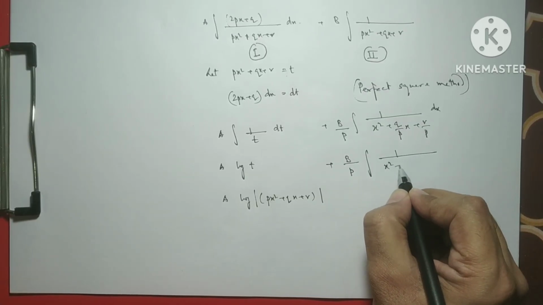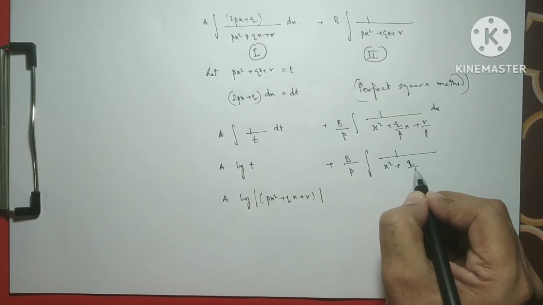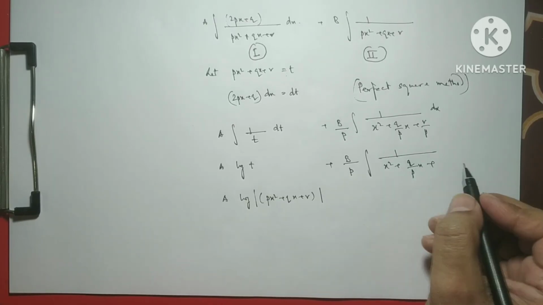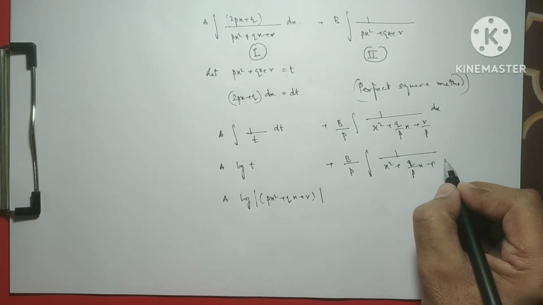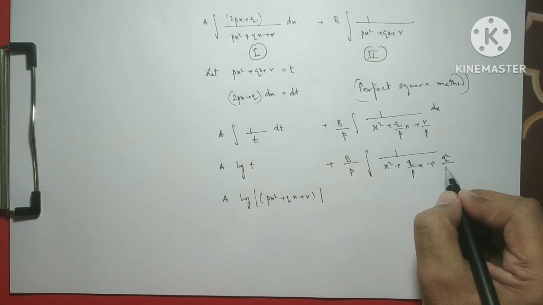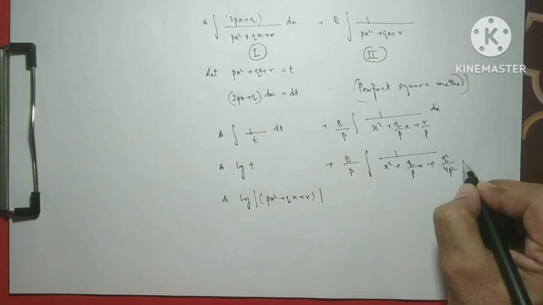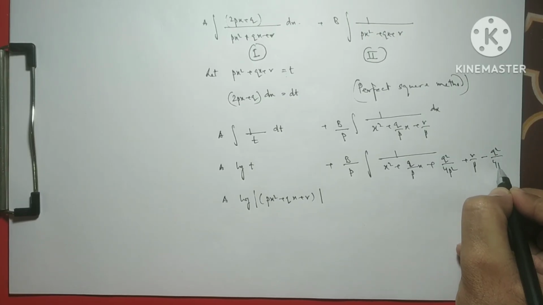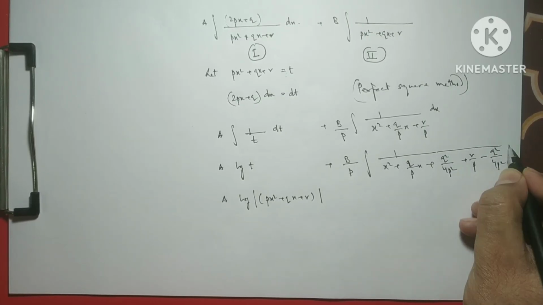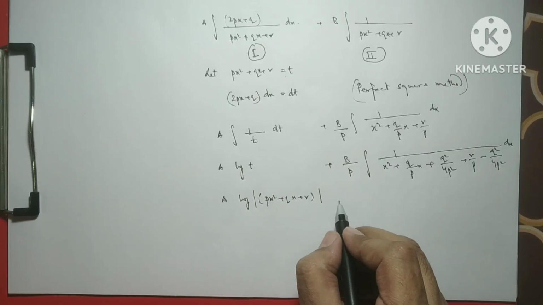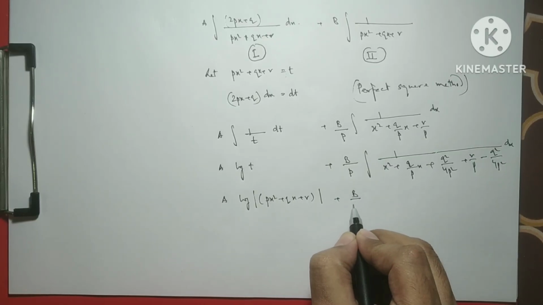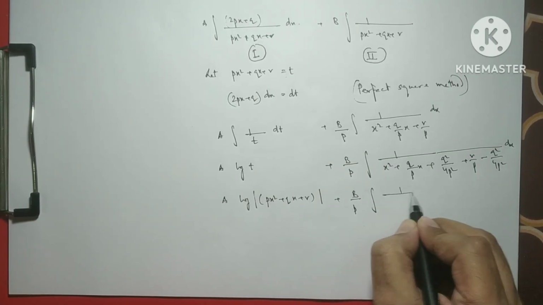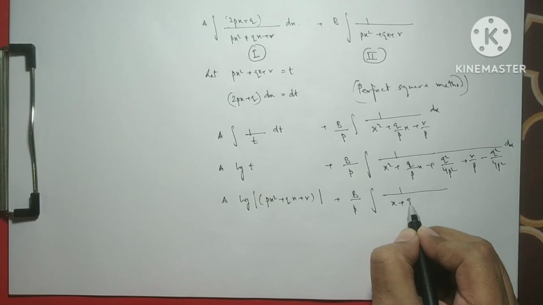So it will be x square plus q over p x plus half of this, squared, add and subtract, so it will be q square over 4p square, and this is r over p minus q square over 4p square, dx. And now this becomes b over p, and this becomes x plus q by 2p whole square,